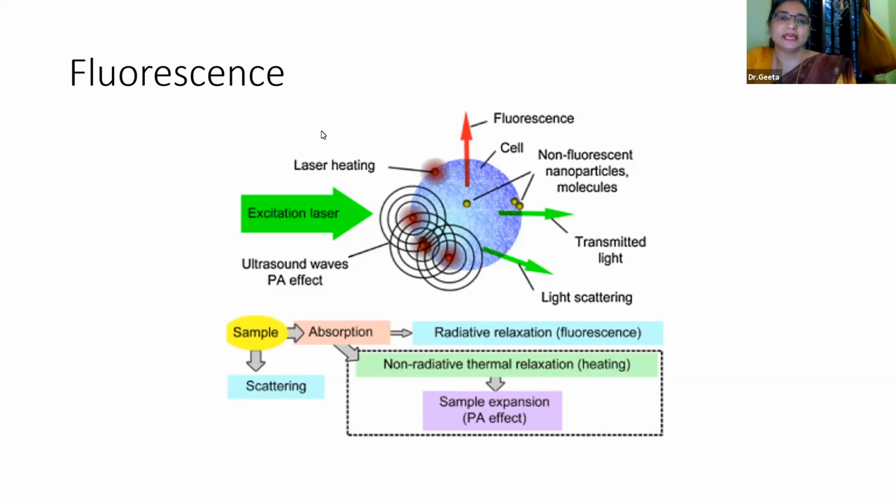So the laser excites this atom to go out into a higher state, and then later it comes back and releases the extra energy, which is called the emission. Every fluorochrome has an excitation spectrum, which is a range of wavelength by which it gets excited, and a range of wavelength which it emits when it comes back to rest. That is called the emission spectrum.